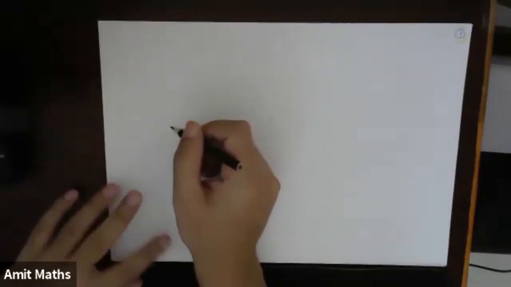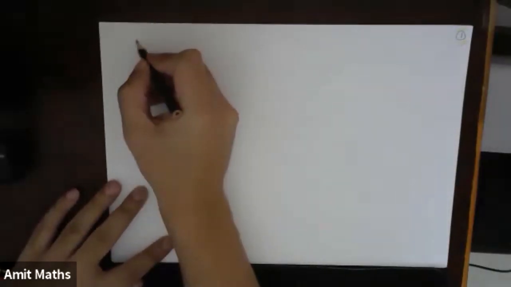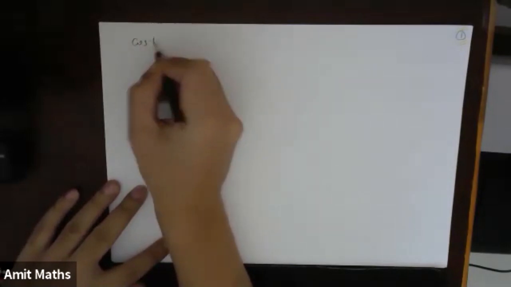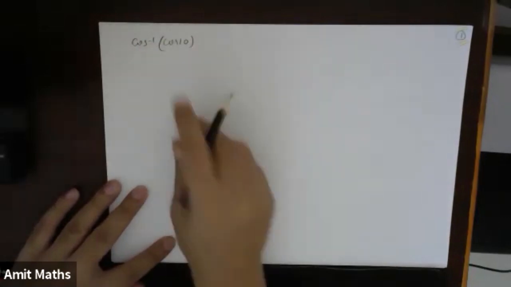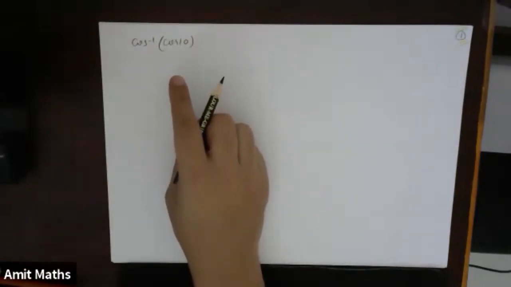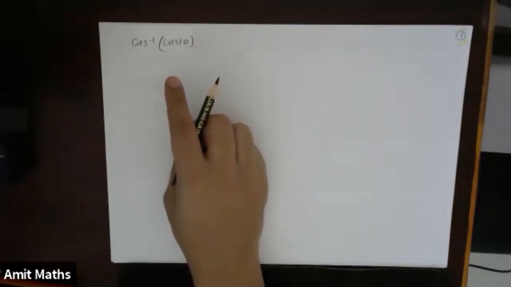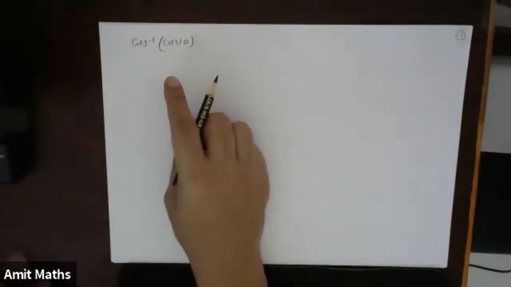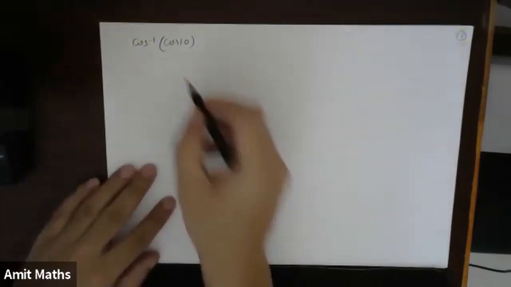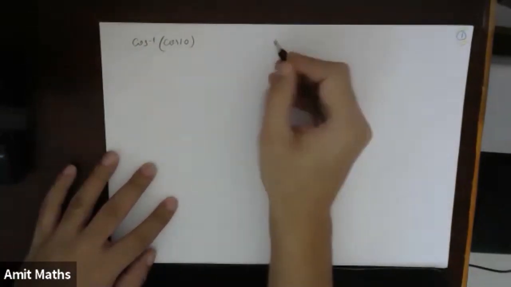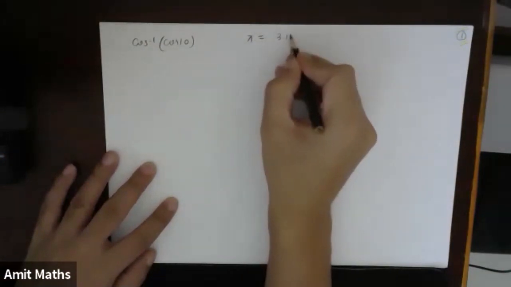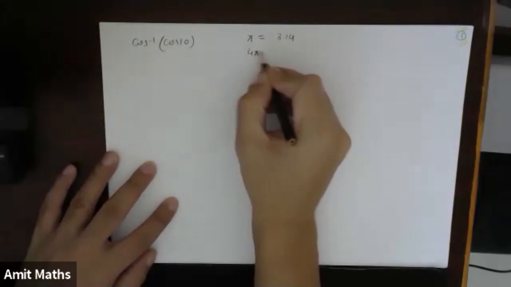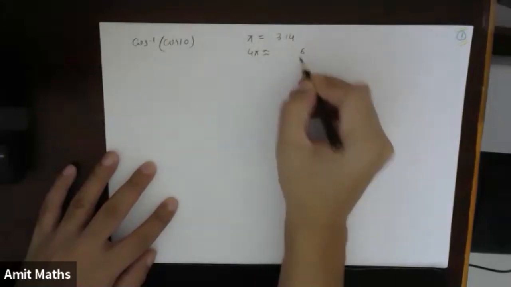The question was cos inverse of cos of 10. Yesterday we did it in two different methods. The first, which was the easier method because we were getting the result directly: we know that the value of pi is approximately 3.14, so 4 pi will be approximately